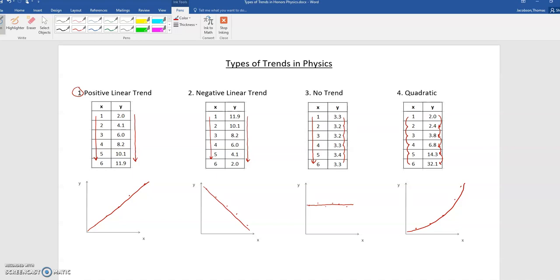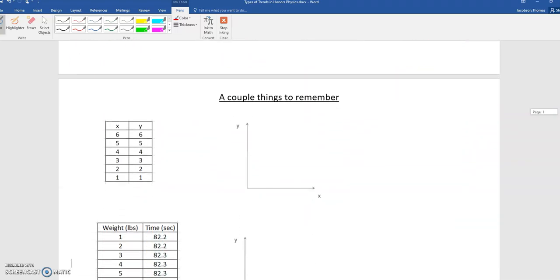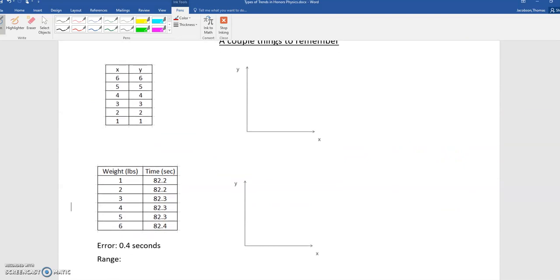Let me just go over a couple things to watch out for. If you ever get in a situation like this, where your variable x starts with a higher number and decreases, and you look at the variable y and that also decreases, a lot of times kids will think, oh, that's a negative trend because the variable y decreases. But if your variable x is also decreasing, it's actually going to be a positive trend because they are doing the same thing. So you could read it on the way up. From 1 up to 6 for the variable x, the variable y also goes up from 1 to 6. Since they're both doing the same thing, as one goes up, the other goes up, or as one goes down, the other goes down, it's actually going to be a positive trend,